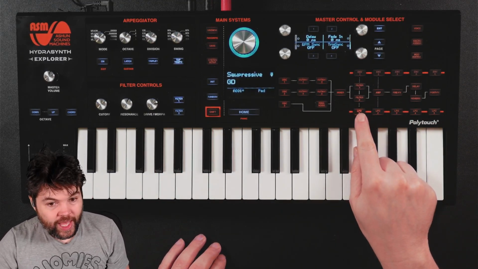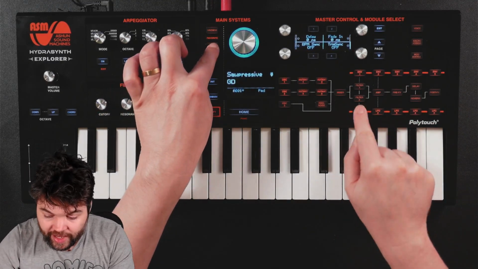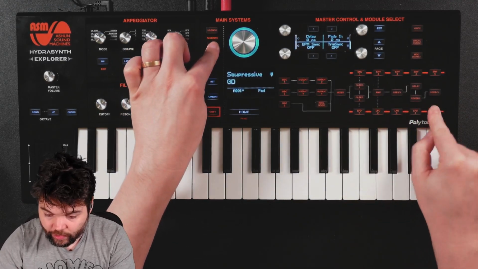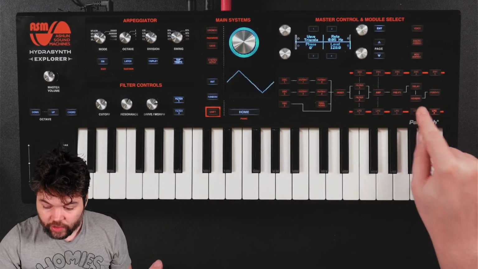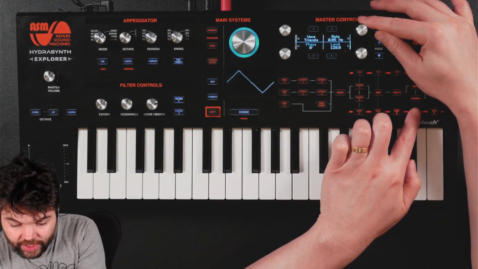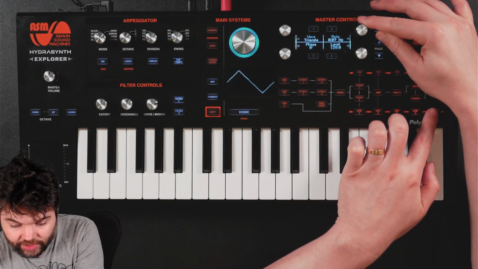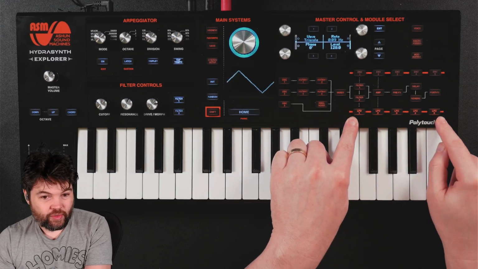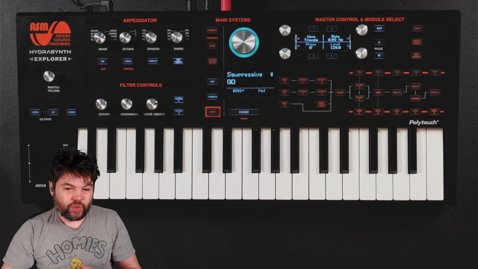Now that looks okay, so I'm going to copy it. So hold save, 1 to 2, hold save, 2 to 3, 3 to 4, 4 to 5. So now they all look the same, but what I'd like to change is the rates. I'm just going to set them a fraction faster each. So now we have all of them moving at different rates,